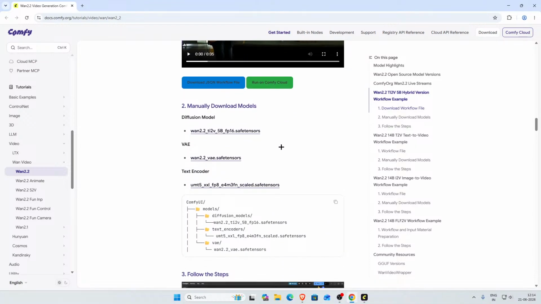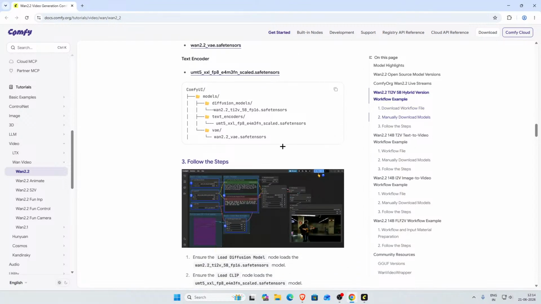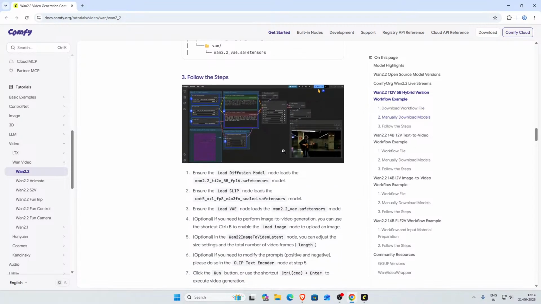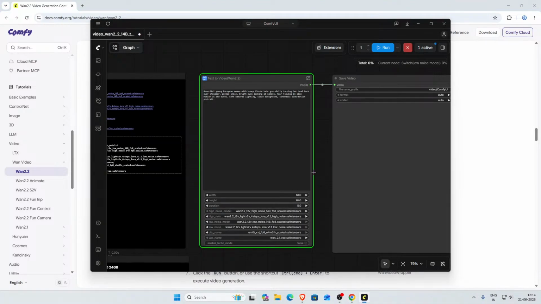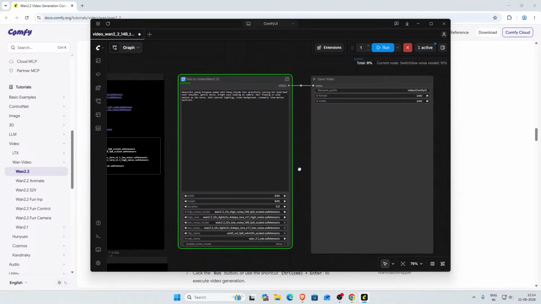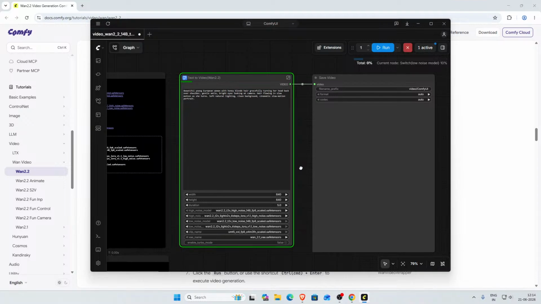You can manually download the models and follow the steps. If this 14 billion model is not working, then I'll do another session, like a live stream, the next time, and I'll show you the 5 billion parameter model, which is a smaller model than the 14 billion parameter one, but it still works. So yeah,